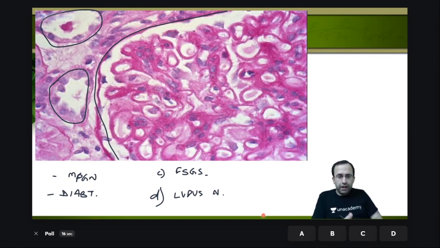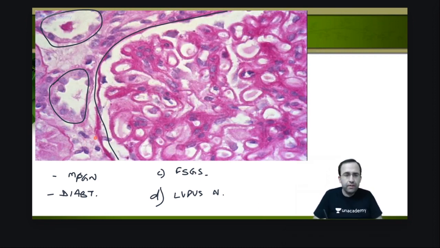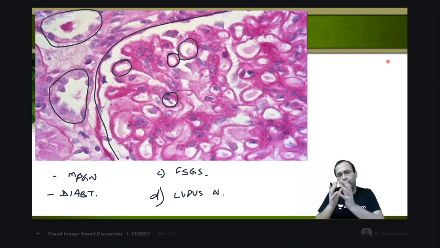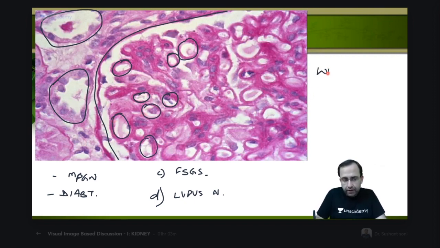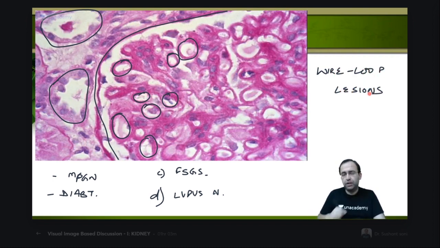Diabetic nephropathy was last year's NEET exam question. Nothing was given, you were just given an image of diabetic nephropathy. So firstly, do not confuse this with diabetes. I'll show you everything. What you see here is a glomerulus which showed the presence of thickened capillary loops. The capillary loops are very thick, leading to the formation of wire loop lesions.